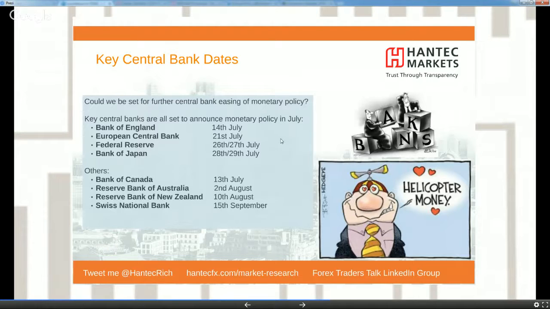It'll be interesting to see what the differences are in the Fed statement that month, and how they account for Brexit. Maybe the market will be moving quite strongly on that. The Bank of Japan on the 28th, 29th of the month. This is a meeting where the BOJ actually does some economic forecasts, and this was the meeting, even before Brexit, that the Bank of Japan was probably looking out for to be the mover on monetary policy, because, as I said, this is a meeting where they do all their forecasts. So it is perfectly possible we're going to get some sort of action.